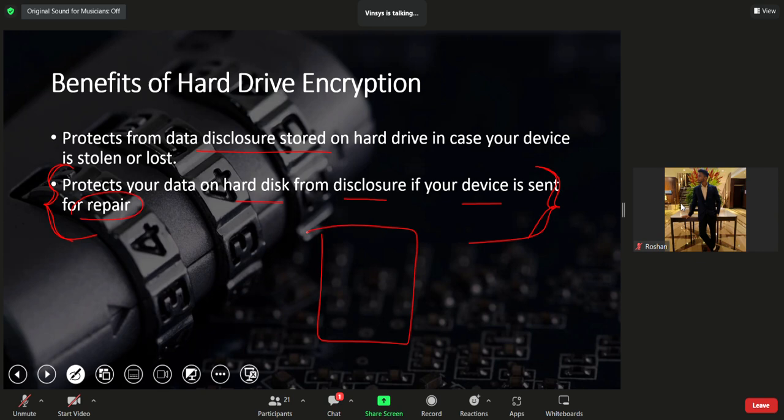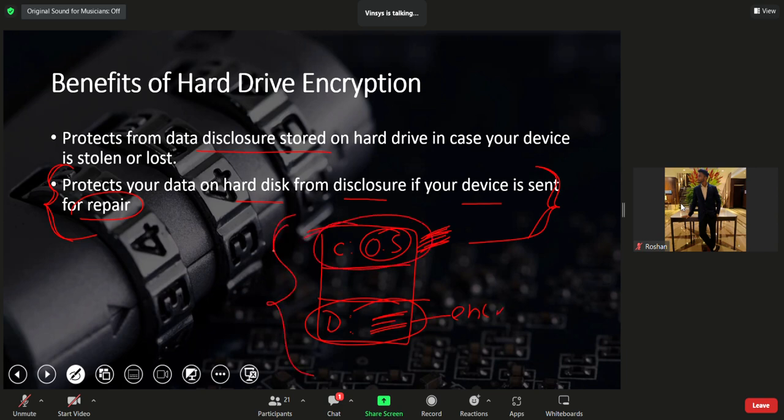Now, if your computer has a hard disk, in the C drive we usually have the operating system files, right? We don't keep any confidential data over here. So what should be done? I usually create a separate drive which has all the data, and then you encrypt this drive. Don't encrypt your C drive. Now in this case, even if you send your laptop for repair, your D drive is encrypted. That person will just need access to the C drive only, so he will definitely not need any access to the D drive. At the most, he will need to format the entire disk.